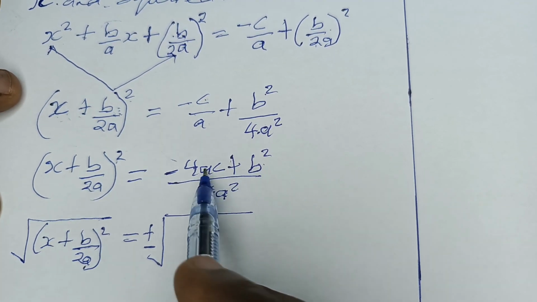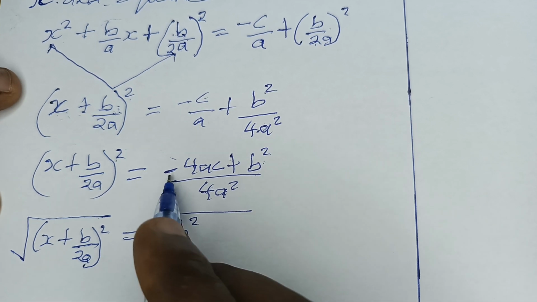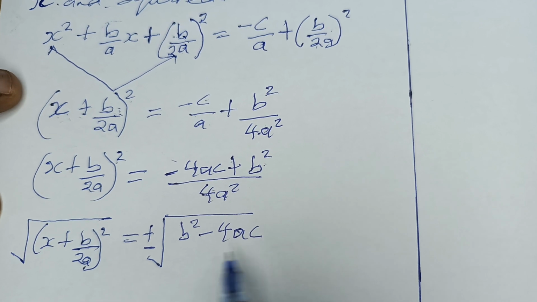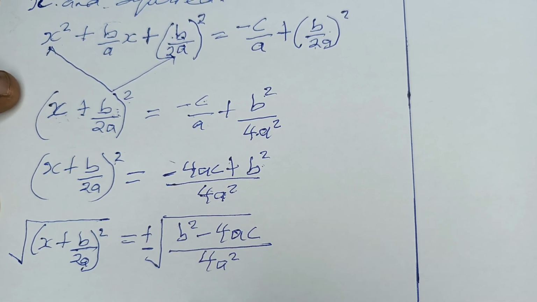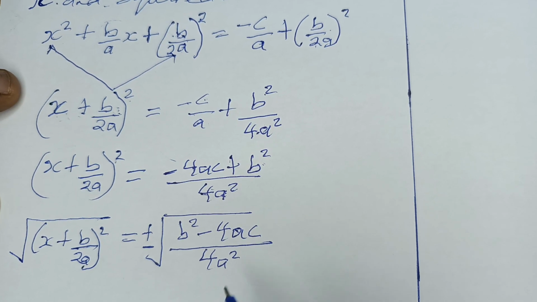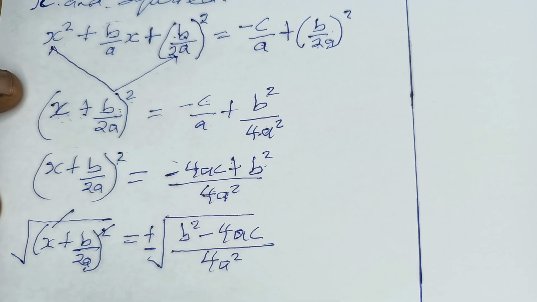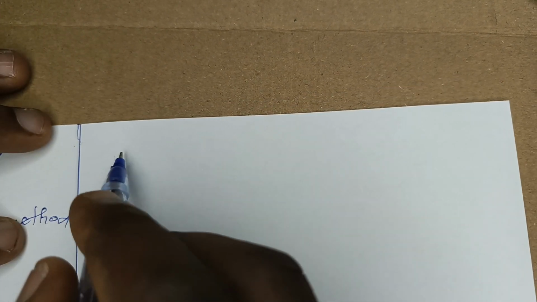Now I want to rearrange this. So it will now be b squared minus 4ac all over 4a squared. So the square root here cancels the square, they cancel each other, so that's disappeared. So what do we have after that? It means we have